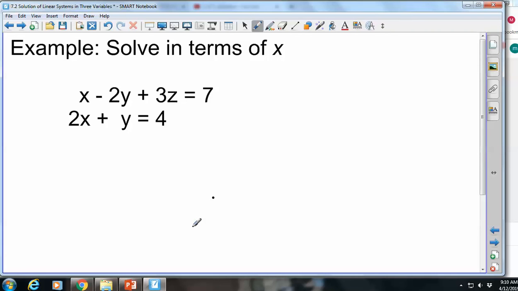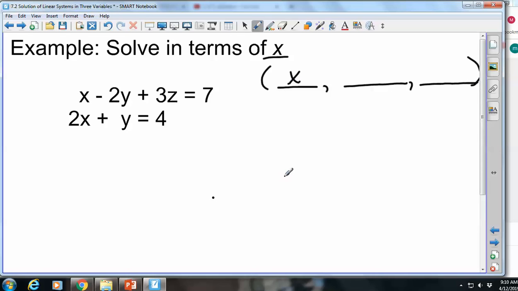In order to get an answer, like a number answer, you will have to have the same number of equations as you do variables. If I look at this, I have 3 variables but only 2 equations. So I am not going to be able to get a complete answer to this. However, if I look at the directions, it tells me to solve in terms of x. So that means my answer for my ordered triplet,